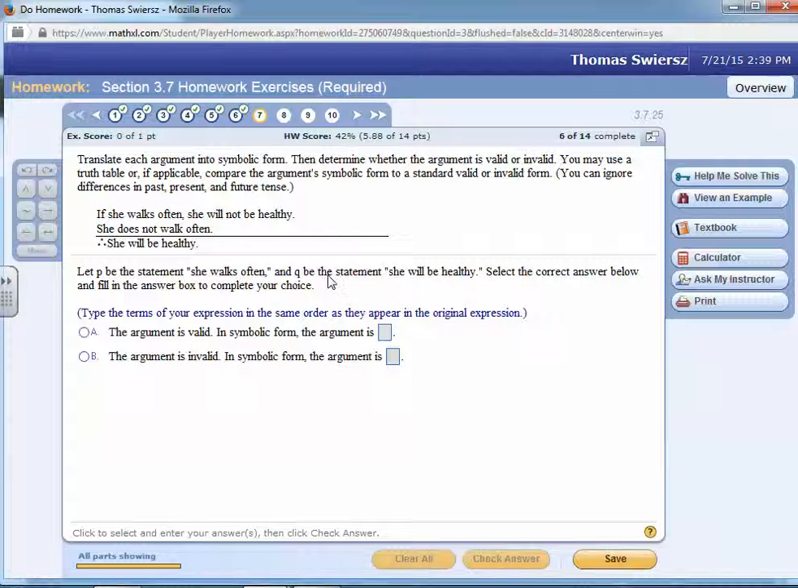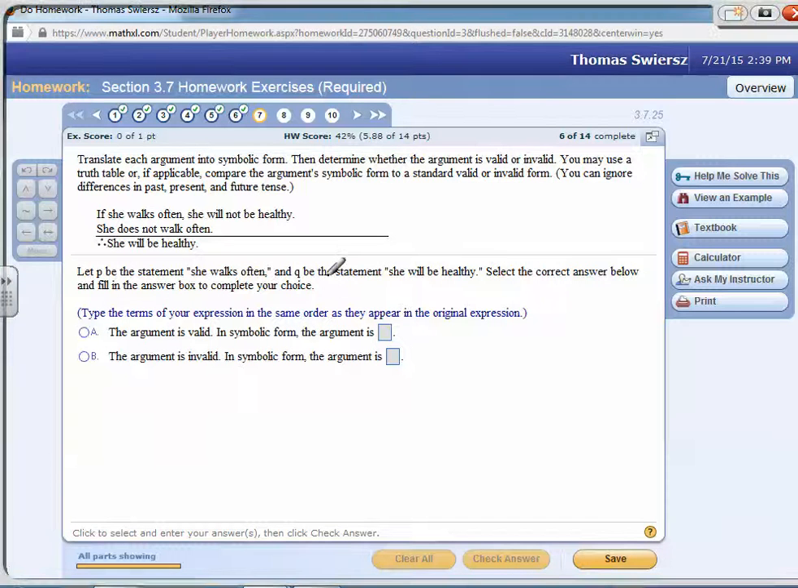All right, let's look at homework exercise number 7. Translate each argument in symbolic form. Determine whether it's valid or invalid. Either use a truth table or compare to a standard valid or invalid form. Okay, so first let's put it into